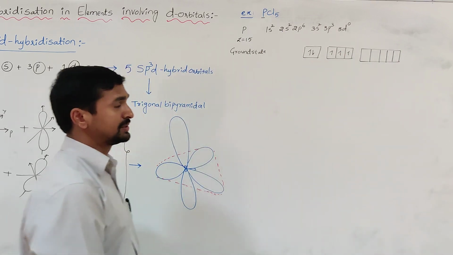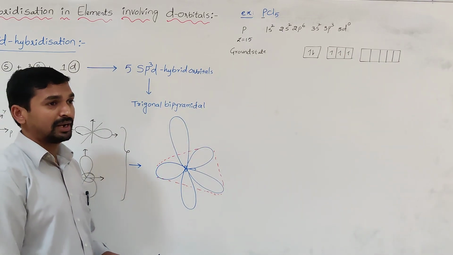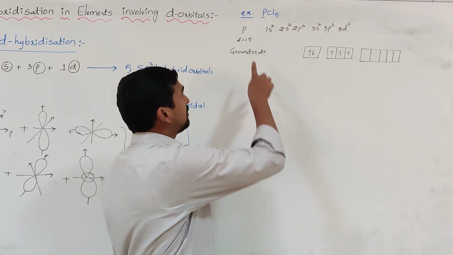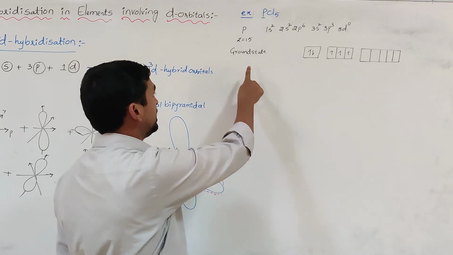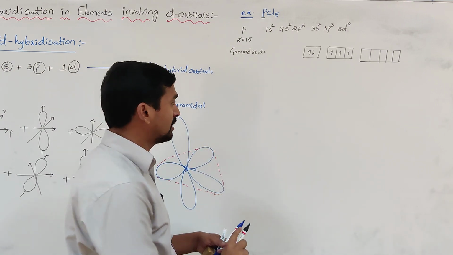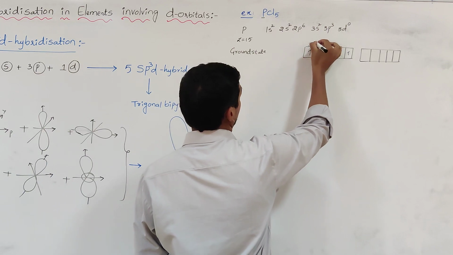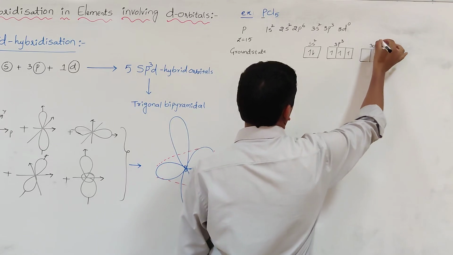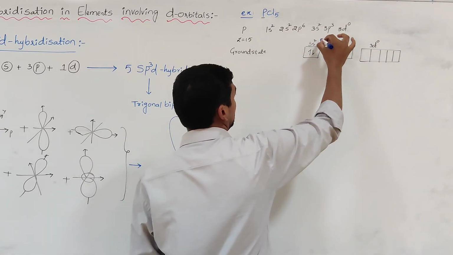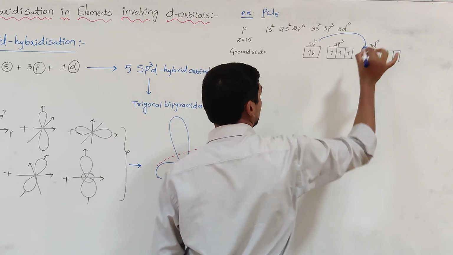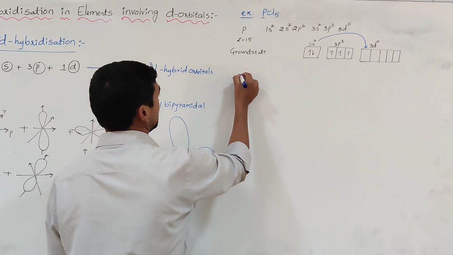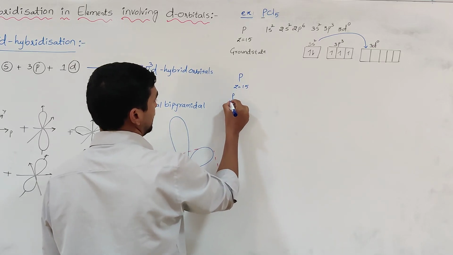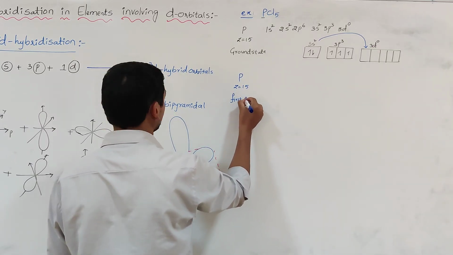It is vacant. But around the phosphorus, 5 chlorine atoms are there. That is pentavalency. The pentavalency of phosphorus cannot be explained by the ground state electronic configuration, so the promotion concept is needed. An electron is promoted from the 3s orbital to the 3d orbital, so that we get the first excited state electronic configuration of phosphorus, Z equal to 15.